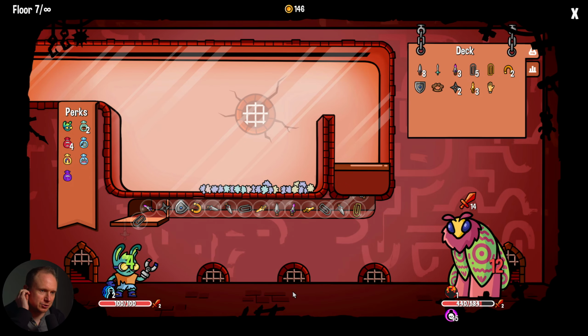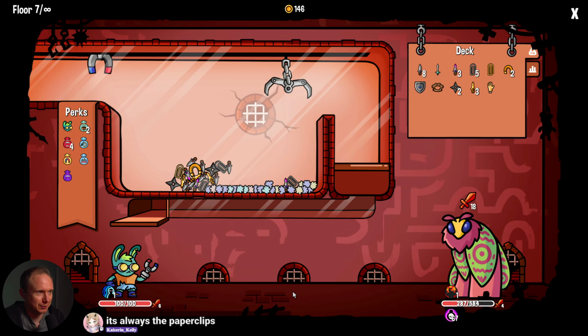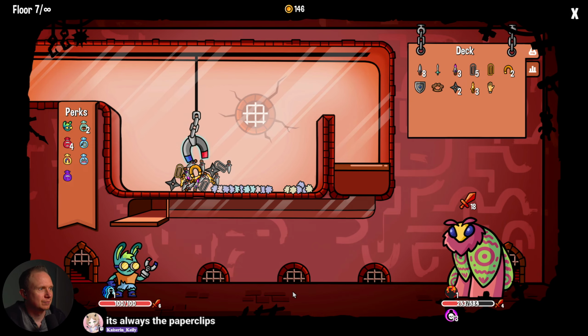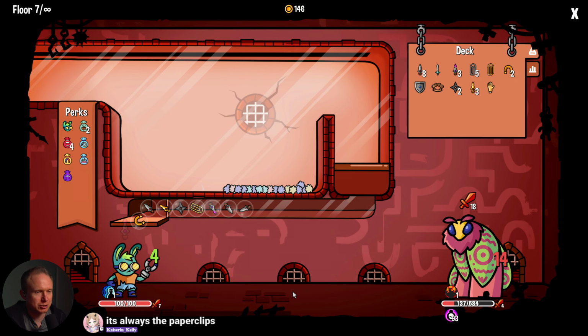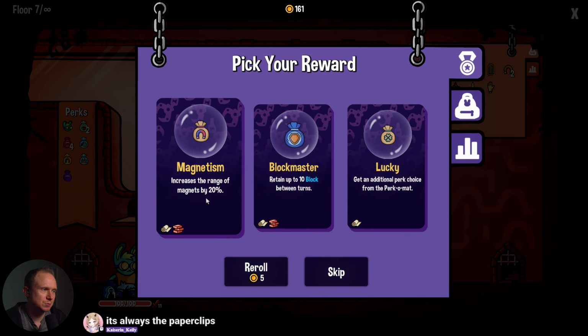I was going to say, that one should go. The paper clips are pesky. There's no ifs, ands, or buts about it. They are ornery. But I do think that our current magnet to item ratio is definitely helping. Increase magnet range by 20%. At some point, I think this could play against us, but...